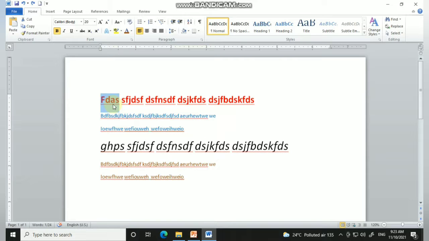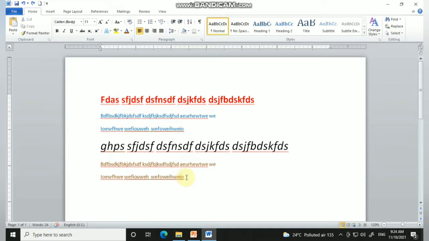So now what I am going to do is, for copy it is Ctrl plus C. Once I press Ctrl C, the text is not removed from the original text area.